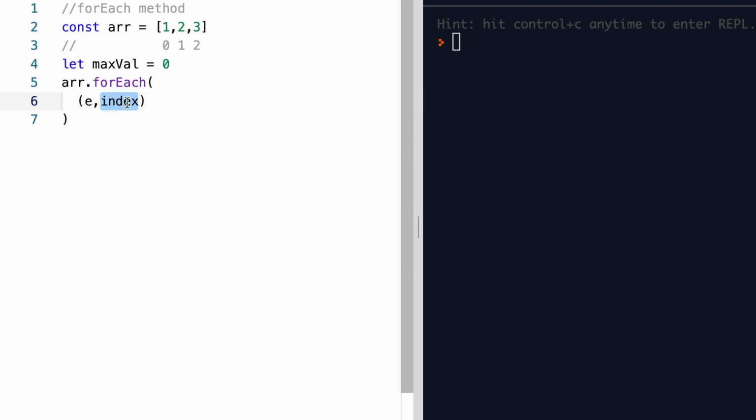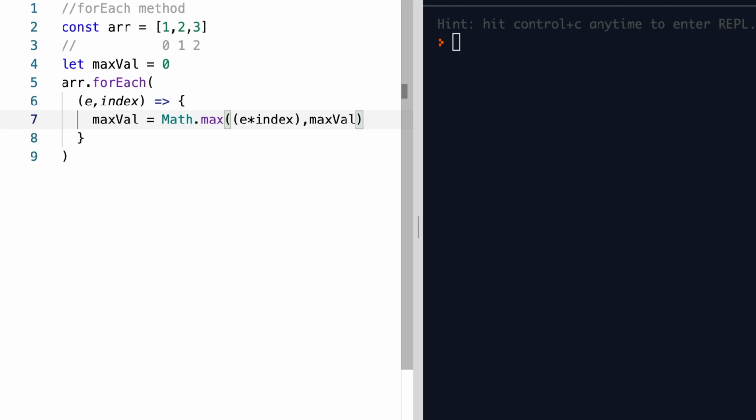The index argument actually provides us the indices of the array object in ascending order. Since we have to find the maximum value, let us include maxval is equal to Math.max, and the maximum is compared every time with the product of iterable value e times its index and the maximum value so far computed.